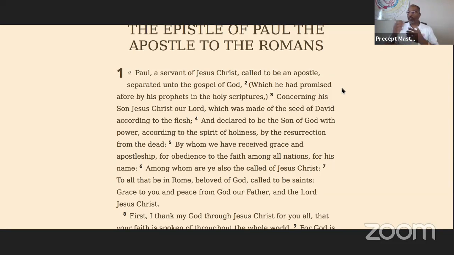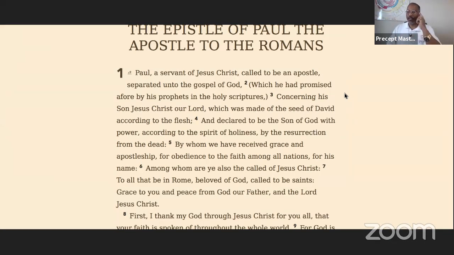So Paul told you what this whole focus was about. He's telling you right there, it's a promise. Because we're going to find out exactly why he said promise first. So now we're going to look at it. Verse 3, concerning his son, Yahushua, the Messiah, which is made of the seed of David, according to the flesh.